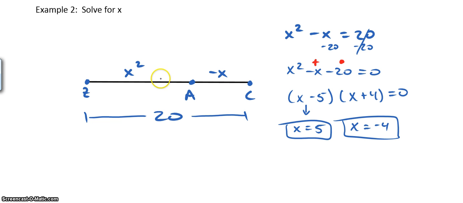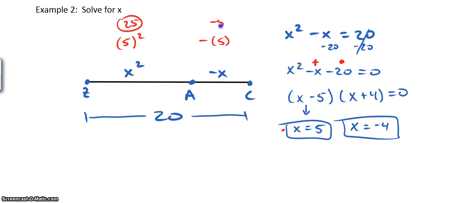Remember, we cannot have a negative length. That doesn't exist. You can't say something is negative 10 feet. So we have to make sure that our values give us positive and correct solutions. So let's try 5 first. I'm going to go 5 squared, which is 25, and then we have negative x, so the opposite